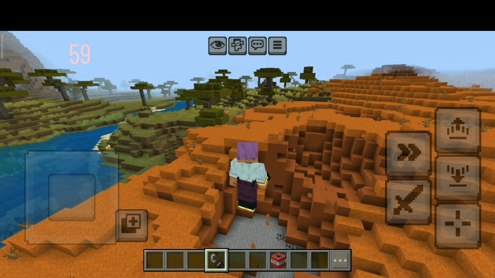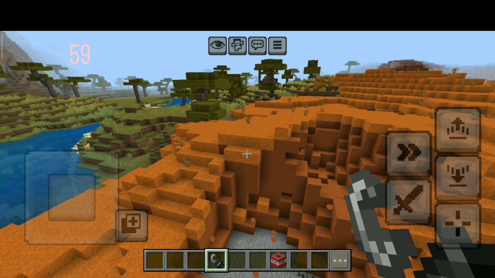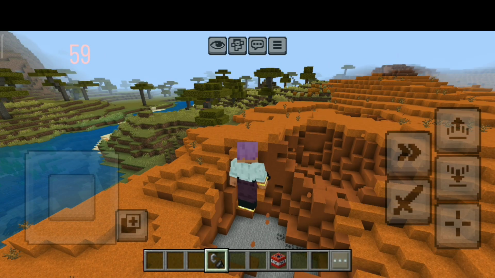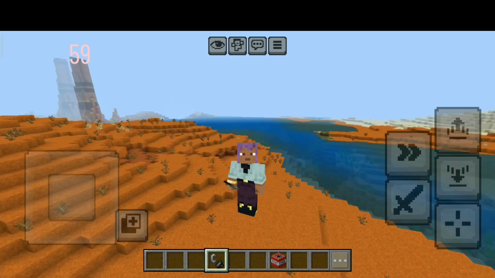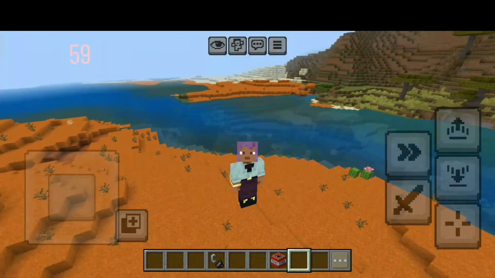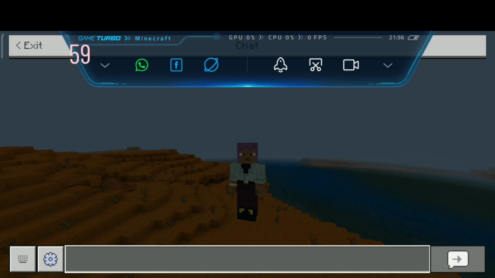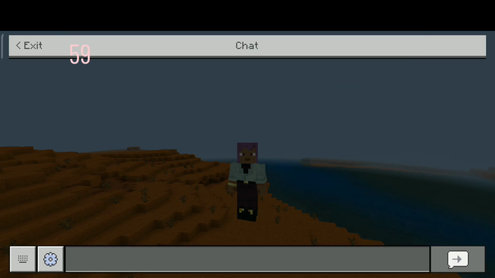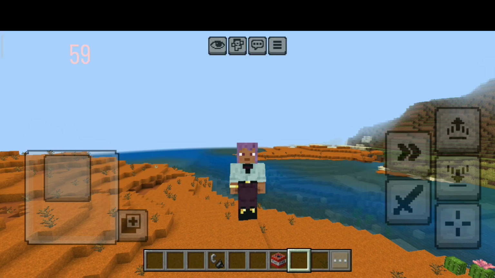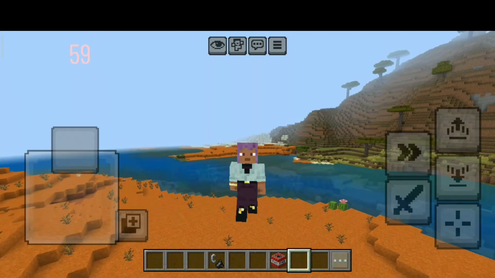Touch isn't working. When I click the camera, it is going to emotes. Okay. One more time I have to click that. Okay. Now this isn't a very bad phone. I mean, the Redmi Y2 isn't that bad. It is playable, but